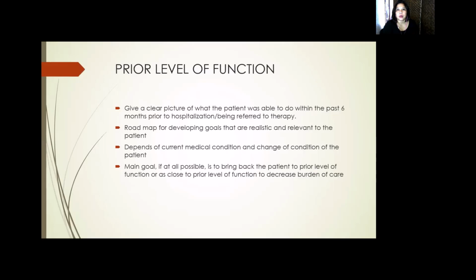So, it's important to know, was the patient using a walker or a cane, or was the patient ambulatory without any assistive device? Was the patient independent with activities of daily living, such as dressing, going to the bathroom, getting in and out of bed, and things that they do in day-to-day activity? Or do they need assistance from a family member or caregiver? Why are we asking these questions? Because the prior level of function is actually our roadmap, quote unquote, for developing goals that are realistic and relevant